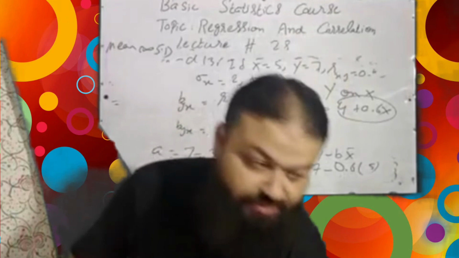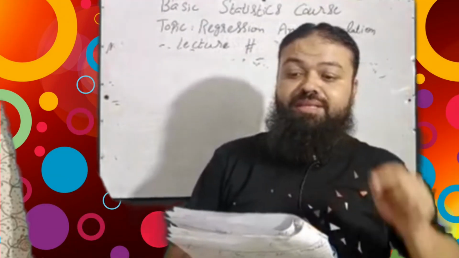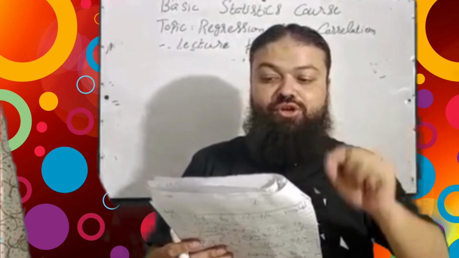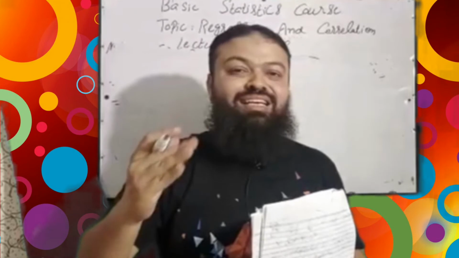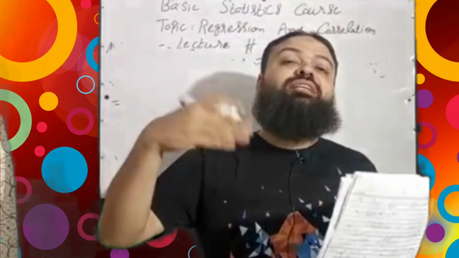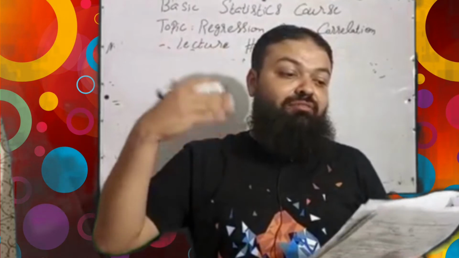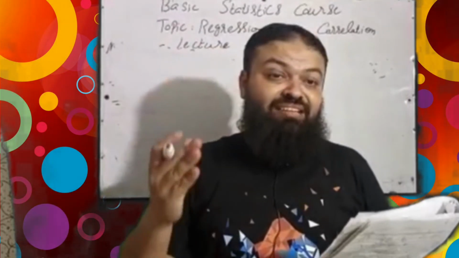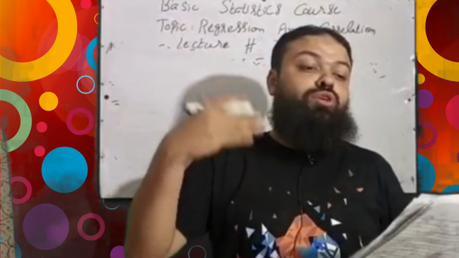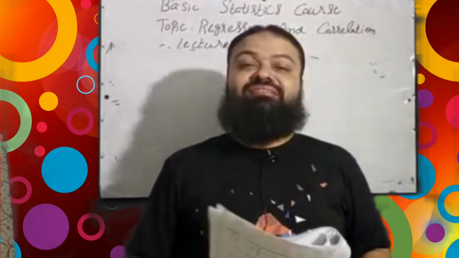Question number 14. Which is the most appropriate test for testing the hypothesis that means of four normal populations with common unknown variances are equal. Dear students, whenever we want to test the means of more than two samples, when we want to test the means of more than two normal populations, we will have to use F test. ANOVA test will be the correct option in the exam.